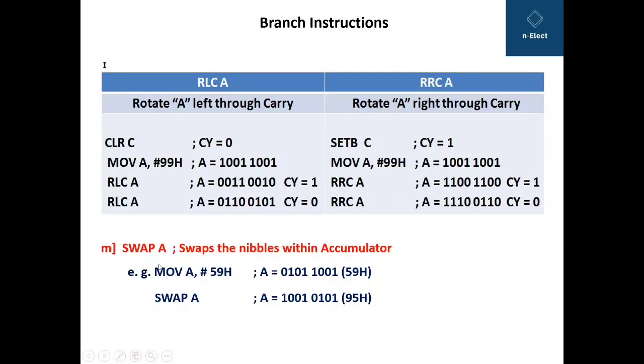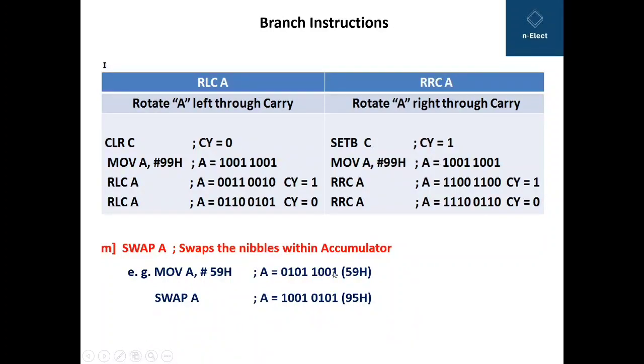The last instruction of this video, of the branch instructions, is SWAP A, which swaps the nibbles within the accumulator. Now the accumulator is 8-bit, so it contains 8-bit data. In the 8 bits, if we consider the lower 4 bits and upper 4 bits, those 4 bits are called the nibble, lower nibble and upper nibble. So here MOV A, #59H is the instruction, because of which 59 will be loaded into the accumulator. Now 59 means 0101 and 1001. So this is 59H. Here 0101 together, this 4-bit combination, is called the upper nibble, and this